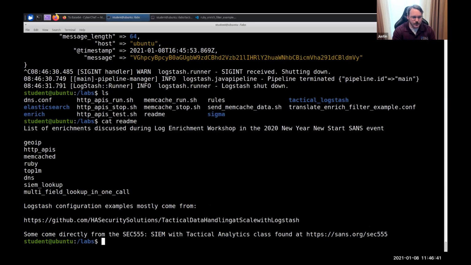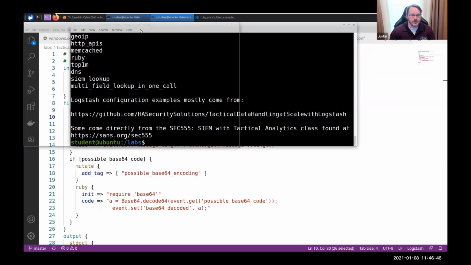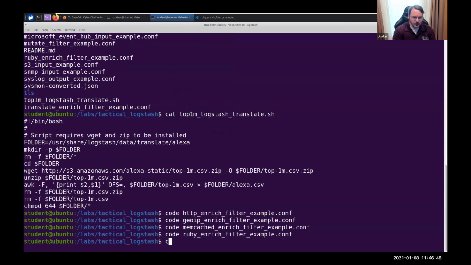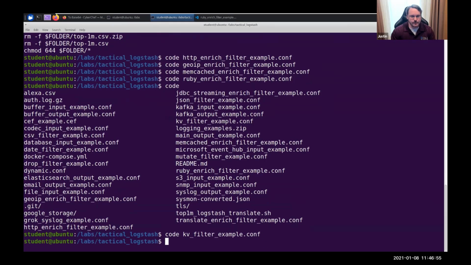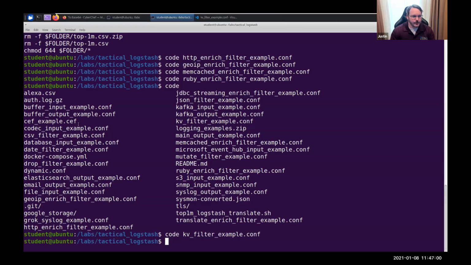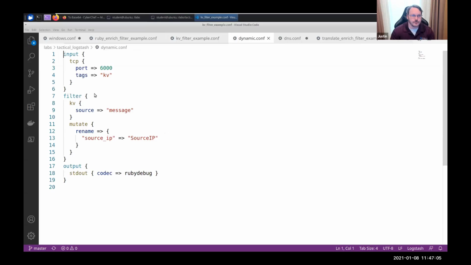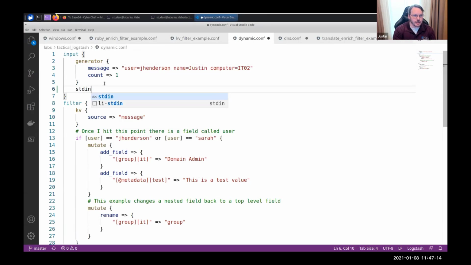The multi-field lookup call. I think I have to edit this one just a little bit. This is one of my favorite use cases though. Code, this is probably the KV filter example. No, not that one. It is the dynamic. Yep. I'm going to change this for a second. We'll just play it like this. I'll just run it. I'm actually going to do it where it does a generator, but then lets me